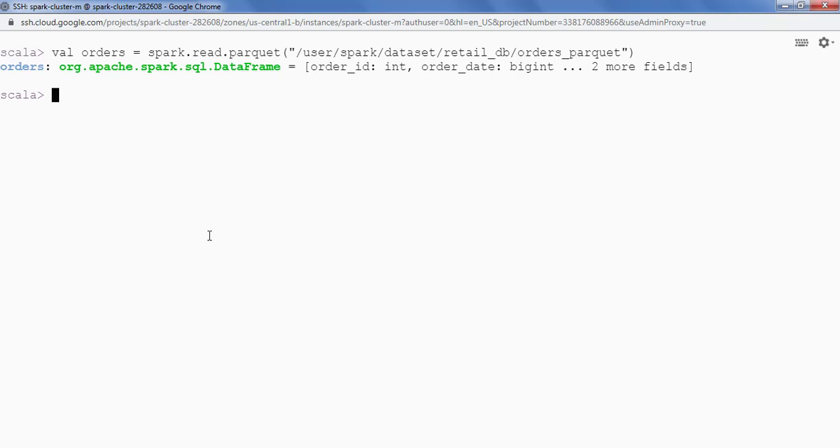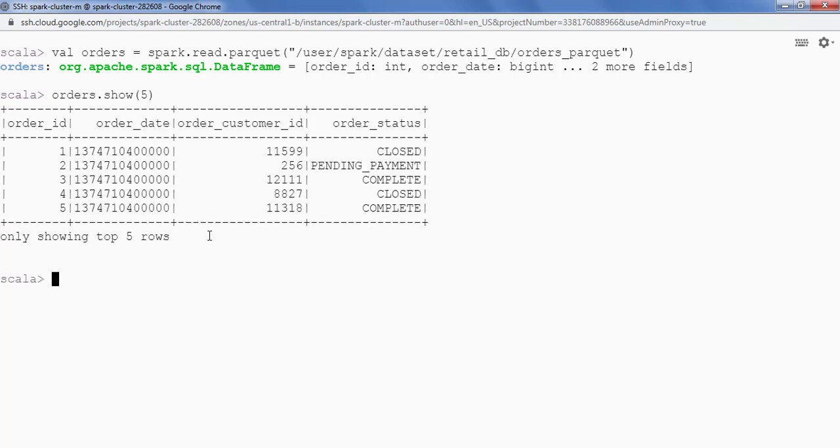So this is our Spark shell. We have orders data in Parquet file format. So let's read the orders data. We'll say orders is equal to spark.read. Spark.read returns a data frame reader. On top of the data frame reader, we will say parquet, providing the file path. This is my file path. So this is my data frame orders. Let's do a show. Give me the top 5 records. So guys, we are able to read a Parquet file using the Spark API.